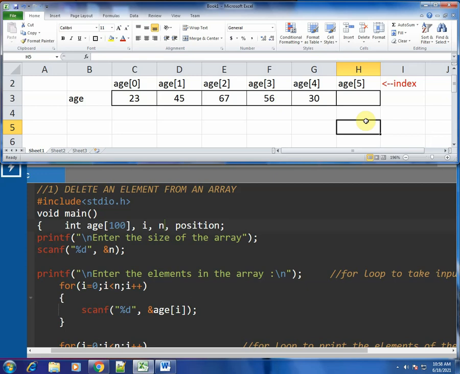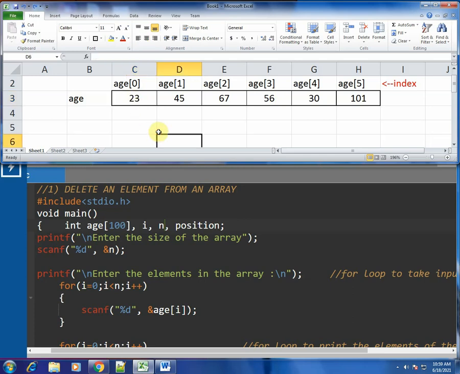But whenever you are deleting something from the between of the array or at the start of the array, then the remaining elements should be all shifted to the front position to fill up that space. Okay, so this is how a deletion happens in an array. In today's lecture we will write a code for how to go about this.